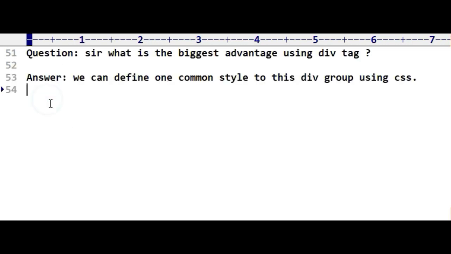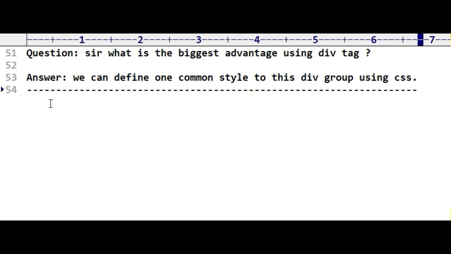How can we write a CSS file? It's simple. You can write a CSS file like this: h1, and if you want to color the heading 1, color is 2.